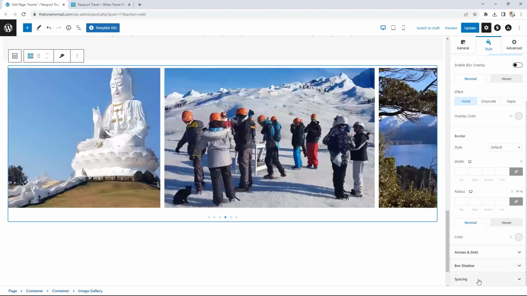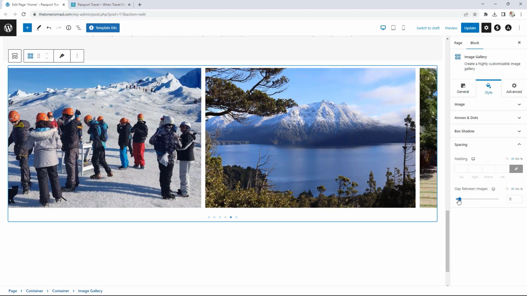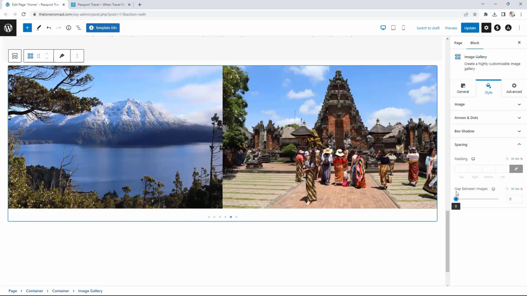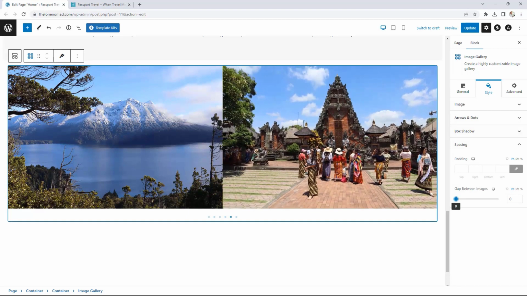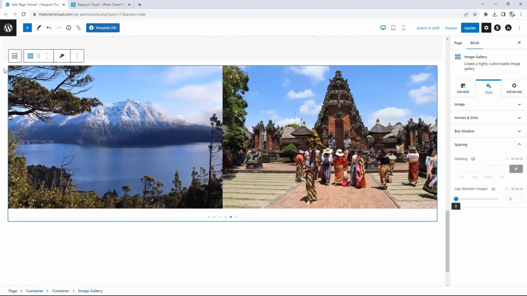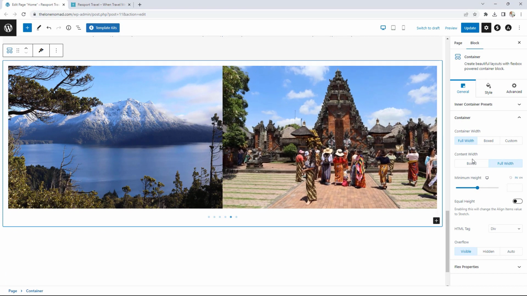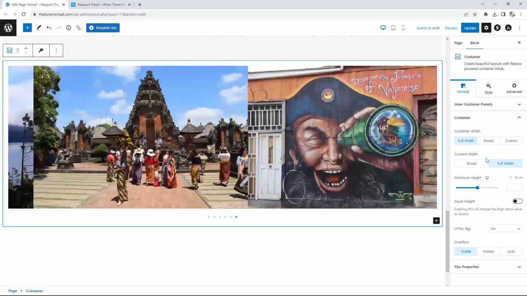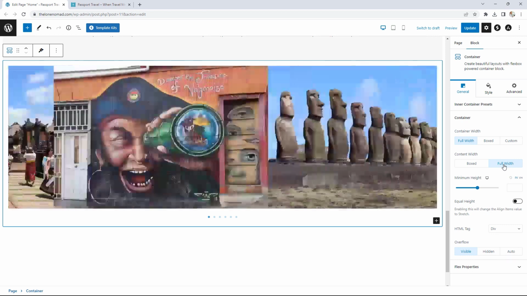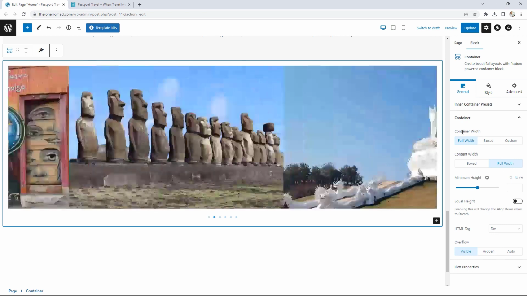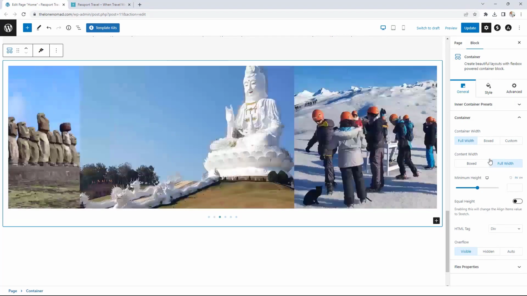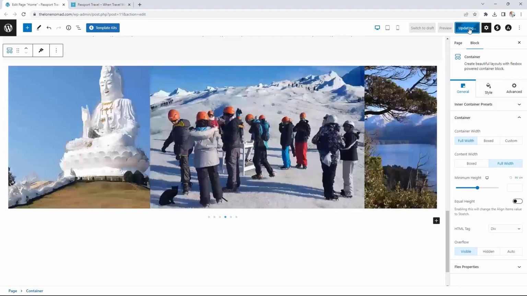And then down here where we have spacing, we're actually going to remove the gap between the images, so no spacing at all between the images. We're going to choose now the main container holding the gallery, and of course make sure that the content width right here is set to full width. Okay, so container width and then content width are both set to full width. Let's go ahead now and update,